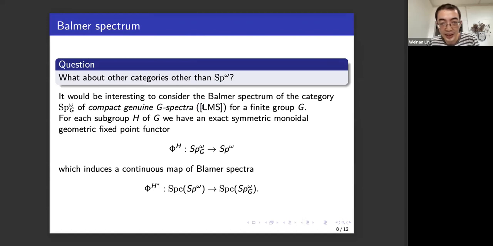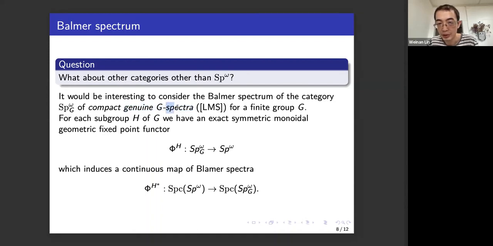And actually, the title of this book is Equivariant Stable Homotopy Theory. I'll give you a rough idea about what this is. Some people may know G spaces. Basically, you consider a finite group G which acts on spaces, and you consider the category of all those. For spectra, genuine G spectra are like spectra with a G action, but actually more than that.